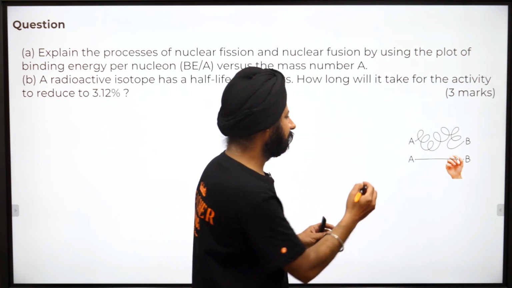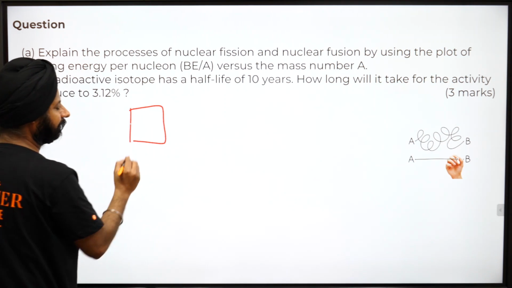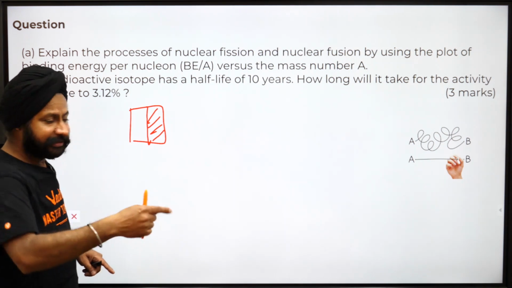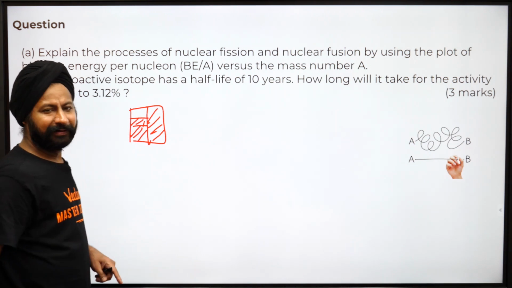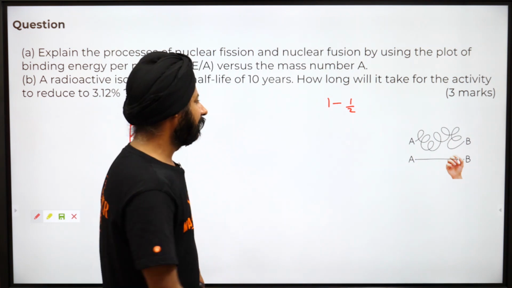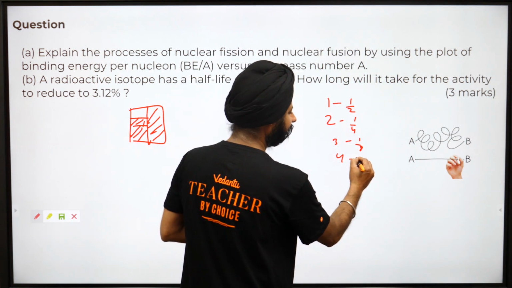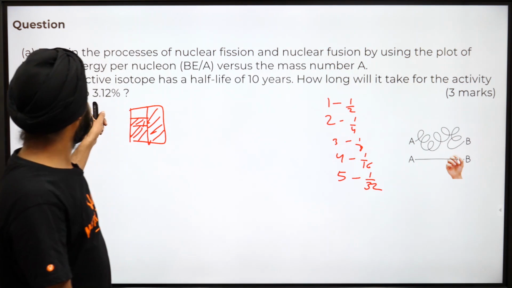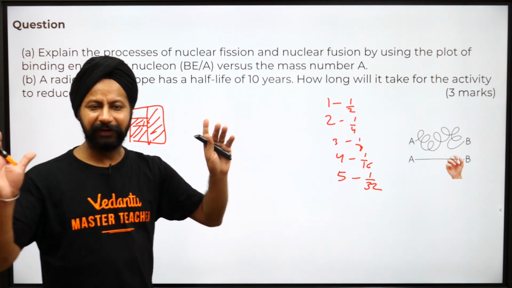Half was left. So let's see this. You had this container. By tomorrow, these are gone. By the next day, whatever was left, half of that went away, so 1/4 is left. By the next day, 1/8 is left. Now think about it. After the first half-life, 1/2 is left. If this was a competitive exam, you can do it very quickly. After 2 half-lives, 1/4 is left. After 3 half-lives, 1/8. After 4 half-lives, 1/16. After 5 half-lives, 1/32 is left. So 5 half-lives are happening here. One half-life is 10 years long, so 5 half-lives are 50 years. The answer is done.